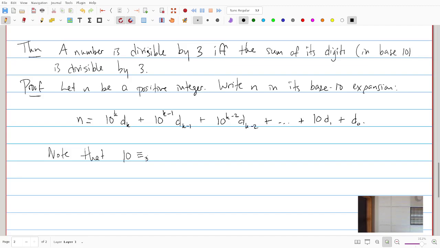Divide 10 by 3, what do you get as a remainder? 1, right? Because 10 is 3 times 3 plus 1. Right, and hence,